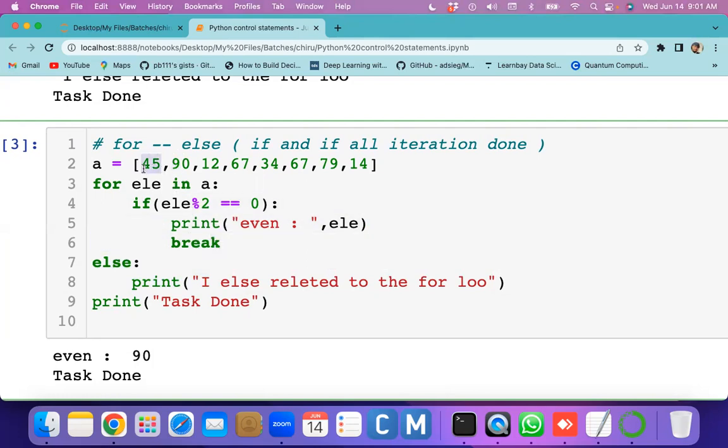First iteration is 45, second iteration is 90. 90 is an even number, so it prints 90. Once 90 is printed, the break statement is executed. The functionality of the break keyword is that it stops the loop, interrupting the iterations. Once you intentionally interrupt the iterations, the else won't be executed. Clear?